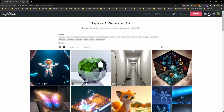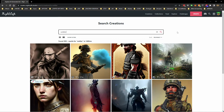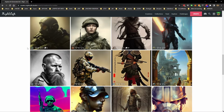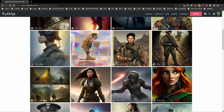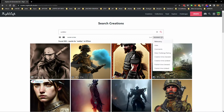We do have a search field up here. So let's have, what can we search? So let's go for soldier. Don't know why I picked soldier, see what there is. So now, as you can see, you can search the whole site as well for something specific, because one of the things I've found through speaking to quite a lot of people is loads of people have got ideas, they just don't know how to make them into a coherent post. So, if you want to do a soldier, you can come in here and there you go. If people are gracious enough to keep their prompts open, and I believe you can